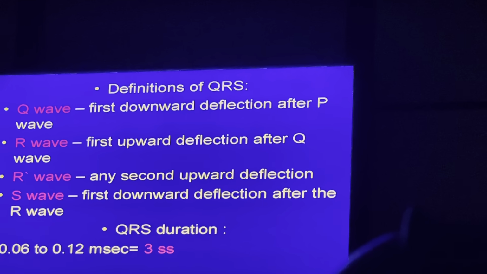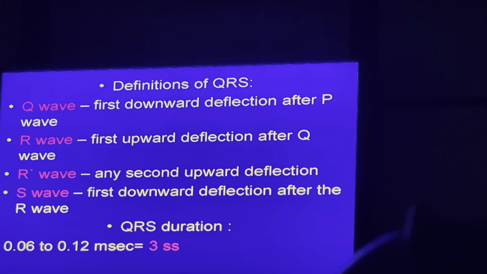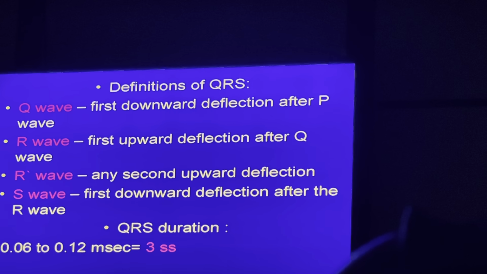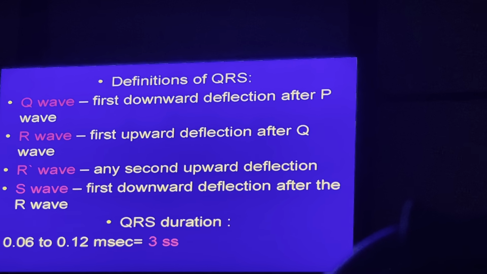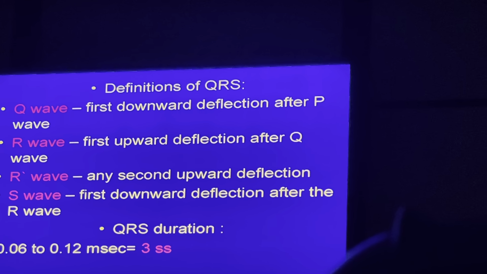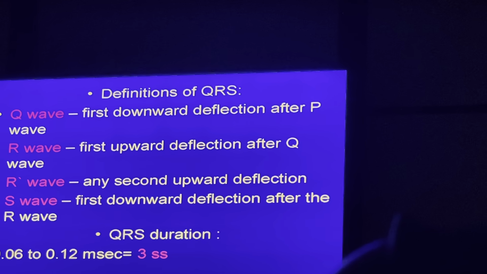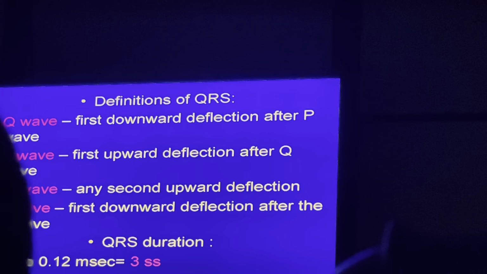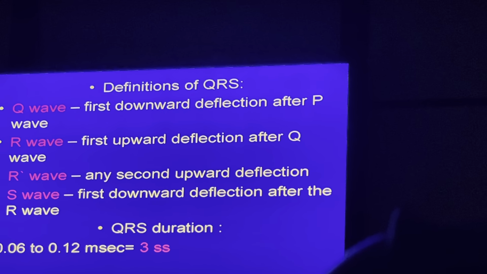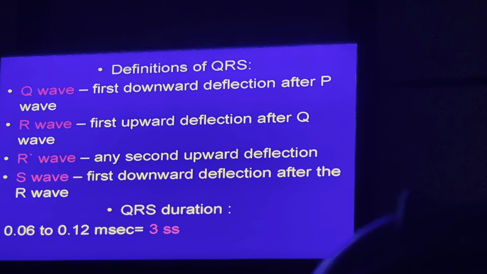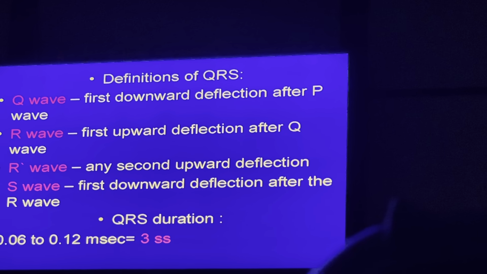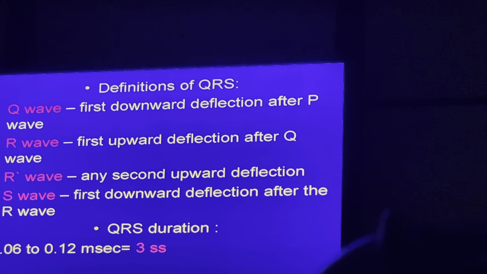So next after P wave and PR interval comes the QRS complex. QRS complex shows ventricular depolarization. So in this case there is Q wave, R wave, S wave. First downward deflection is called Q wave. So at times it is said that there should be shoulder down. So when you see the PR interval and there is shoulder down, you call it Q wave. If there is small minute upward deflection, you can't say Q wave.